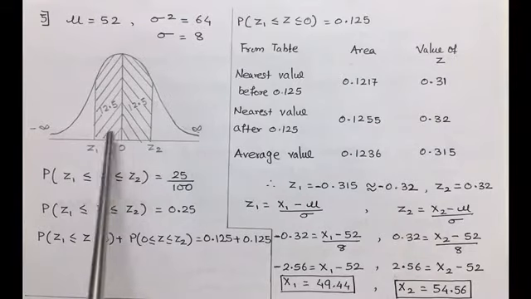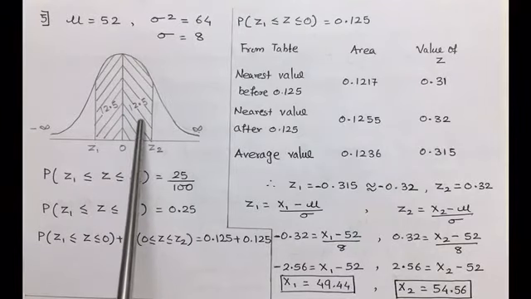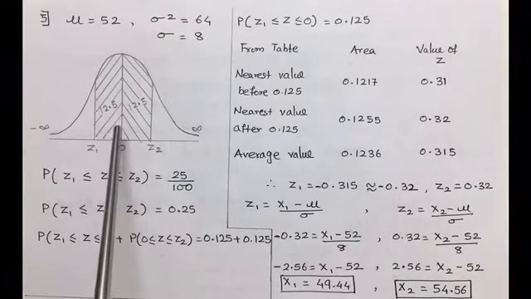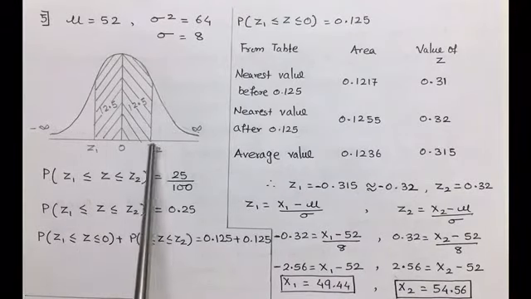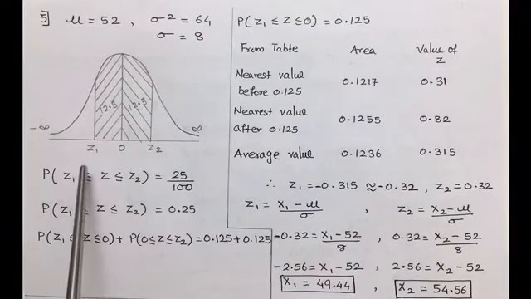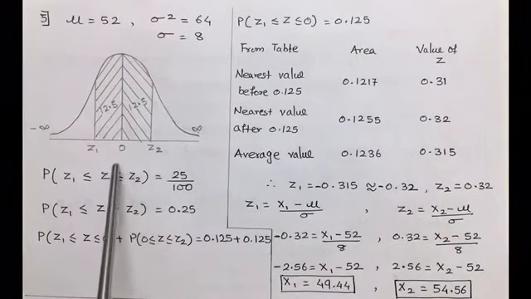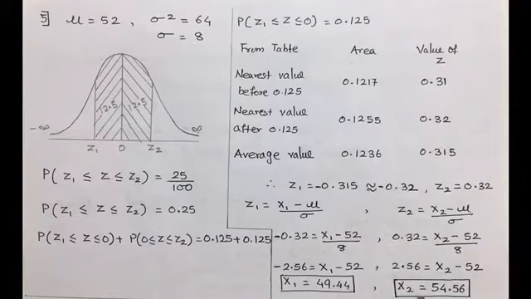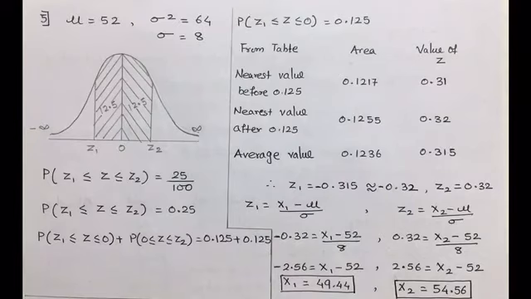So the middle 25% lies 12.5 towards the negative side and 12.5 towards the positive side. While drawing the bell-shaped graph, both should be taken equal. Here it is asked to find the value of Z1 and Z2 and then the values of x1 and x2 are to be calculated, both the limits. Now the shaded area lies between both Z1 and Z2. So the probability distribution is made accordingly.